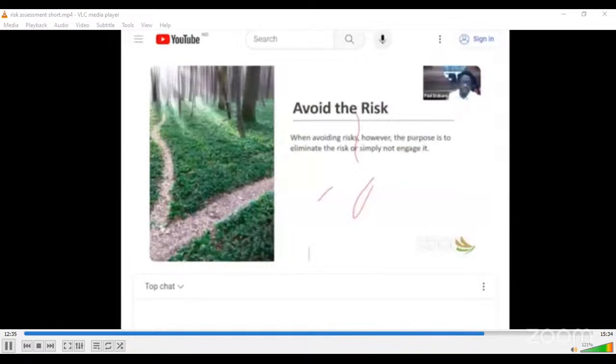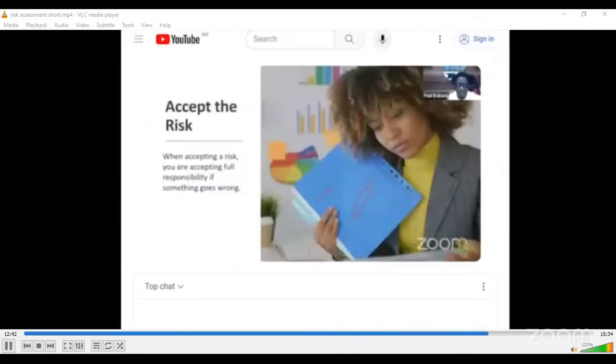Just don't do anything. In case you see that the risk is going to be too high, you just scrap the whole idea. Then you can accept the risk. When accepting the risk, you're accepting full responsibility if something goes wrong. So if you are